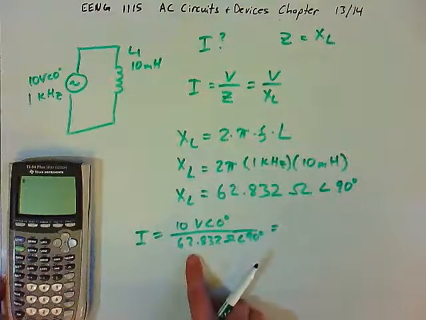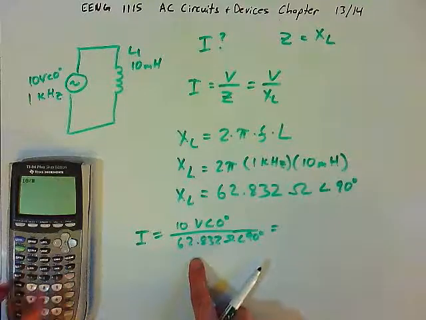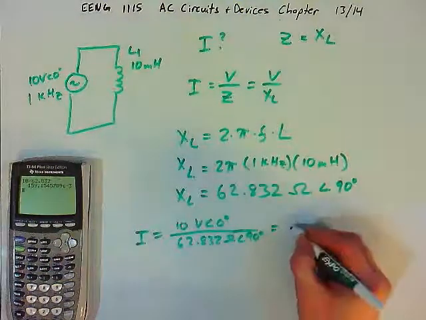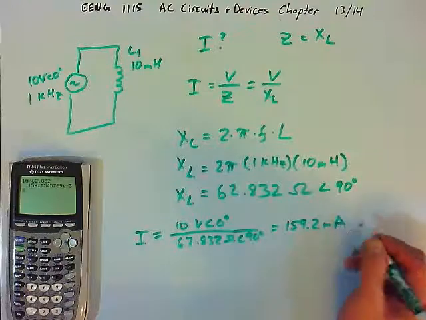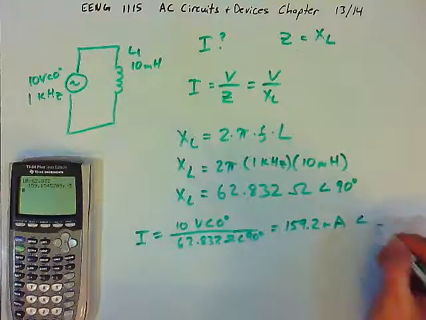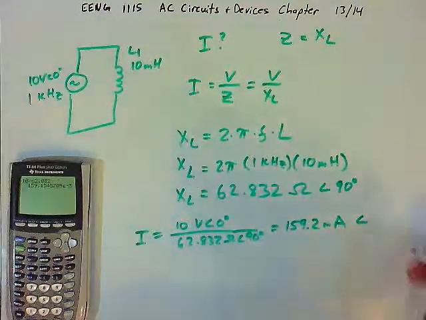So let's divide these two vectors. We divide the magnitudes first. 10 divided by 62.832 is going to be 159.2 milliamps. And the angle, we subtract the angles when we divide vectors, so 0 minus 90 is going to be negative